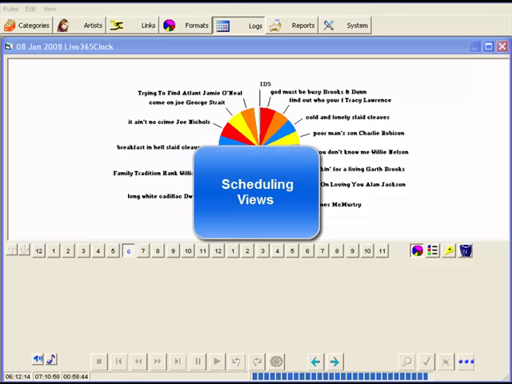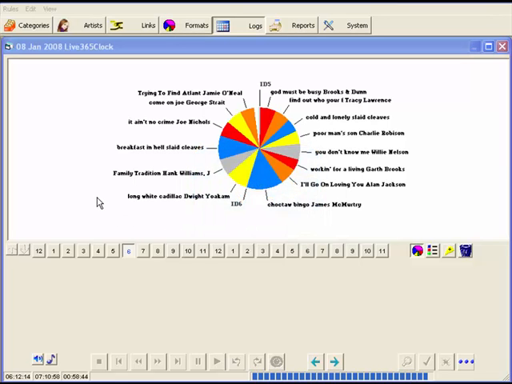You can design 5 different scheduling views of your clocks. This gives you different perspectives about your music flow. I usually set a display like the one we see here. I call it my main view. The text tags show the title and the artist, and the color of the format slices are the colors of my categories. Here, red is my hot current category, medium current hits are yellow, and album tracks are light blue,